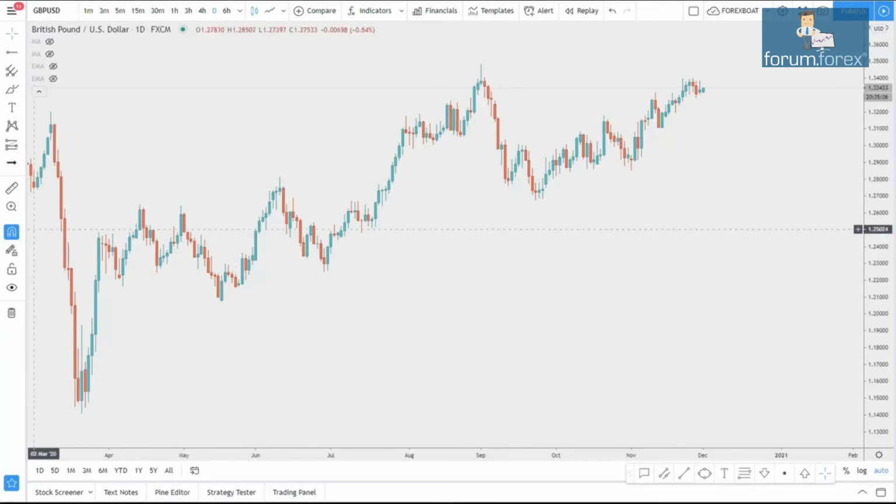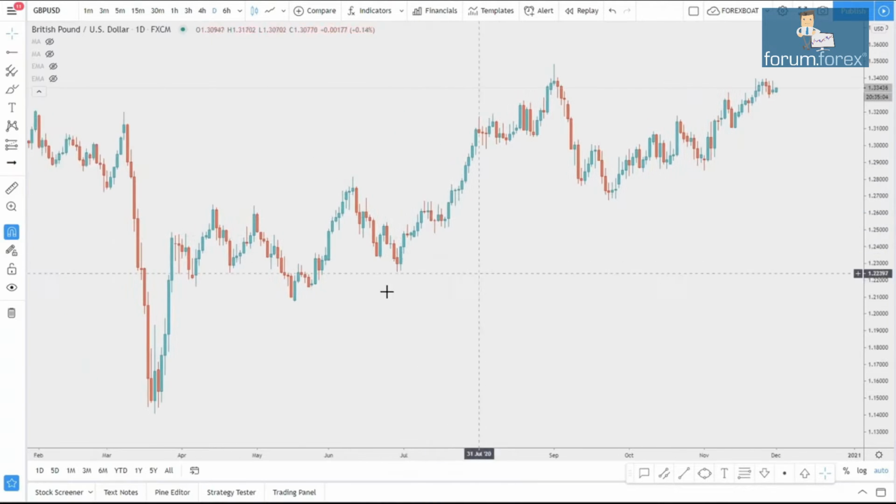Now, if we look at the cable right now, what we can see is of course the trend. You can easily identify the trend on the daily time frame. Only then you need to decide whether to buy or sell. In our case, we see higher highs and higher lows. This is one of the easiest ways to identify the trend, where the price fails to break below the previous low and produces a new higher high. At this stage, we would need to see the pullback and look for the buying opportunities